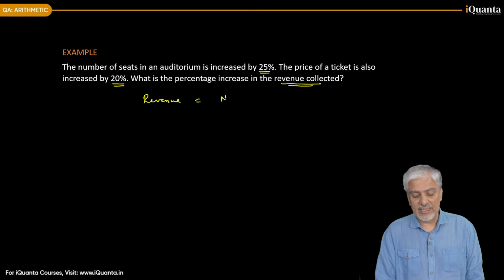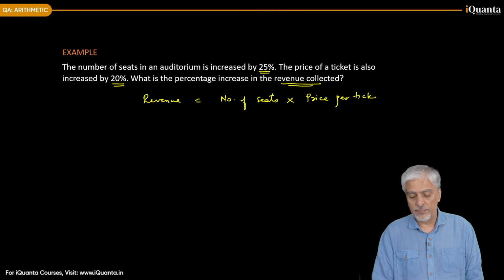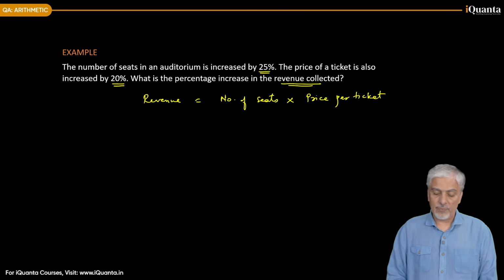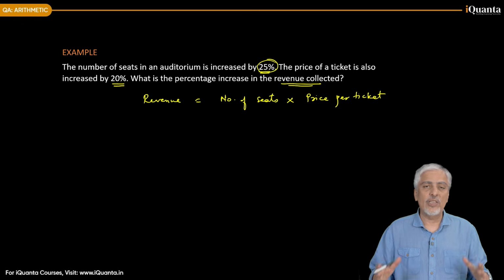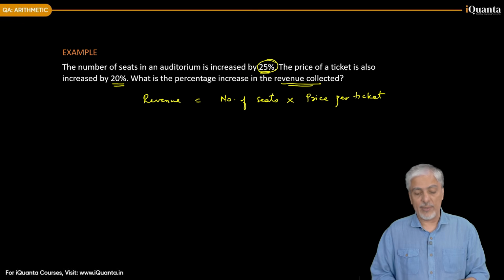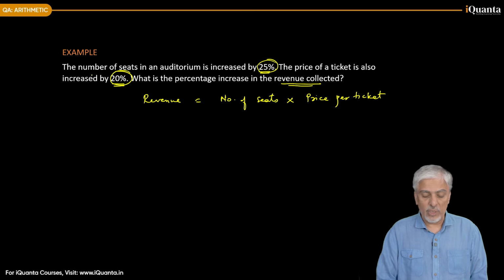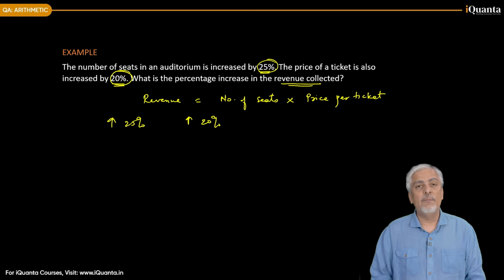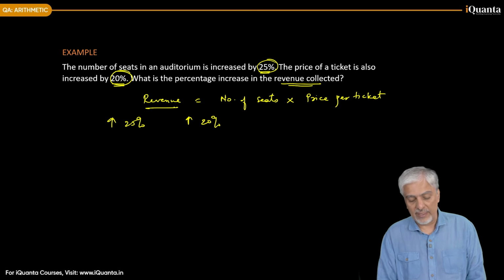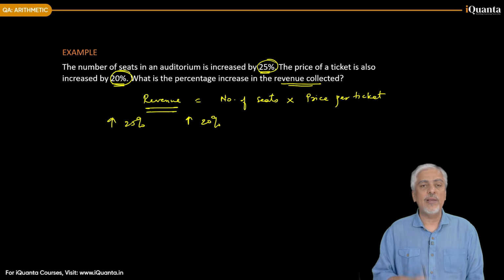So, jitni bhi seats hai, the number of seats multiplied by price per ticket will be your revenue, right? So now, if the number of seats are increasing, say you did some renovation because of which the number of seats increased by 25% and the price of a ticket also increased by 20%. So even though these two increments are on different things, both the things actually impact the revenue, and therefore we can say the net